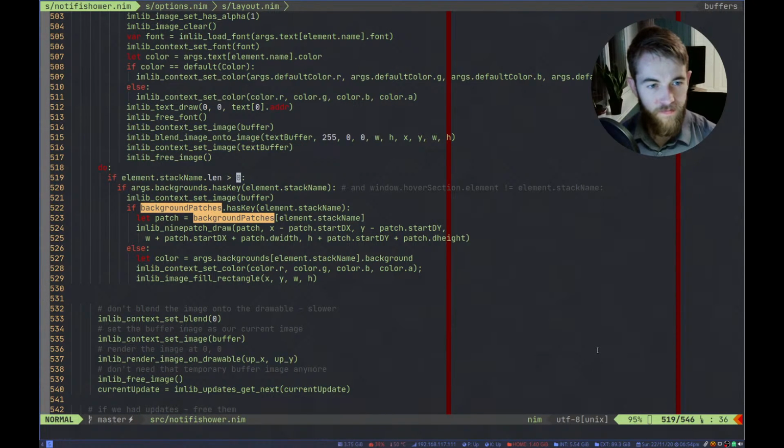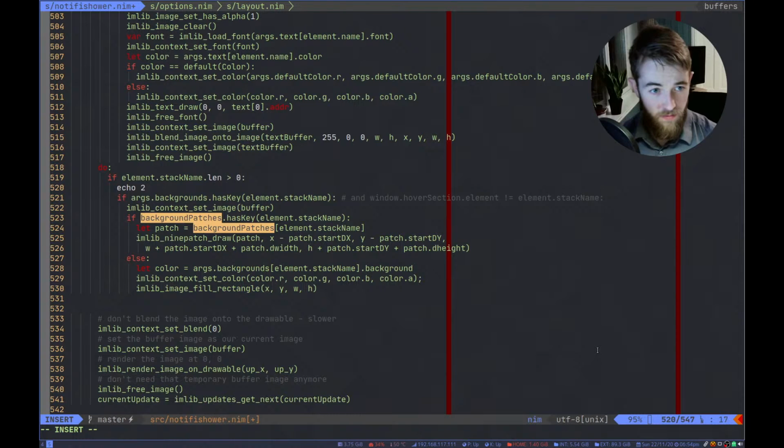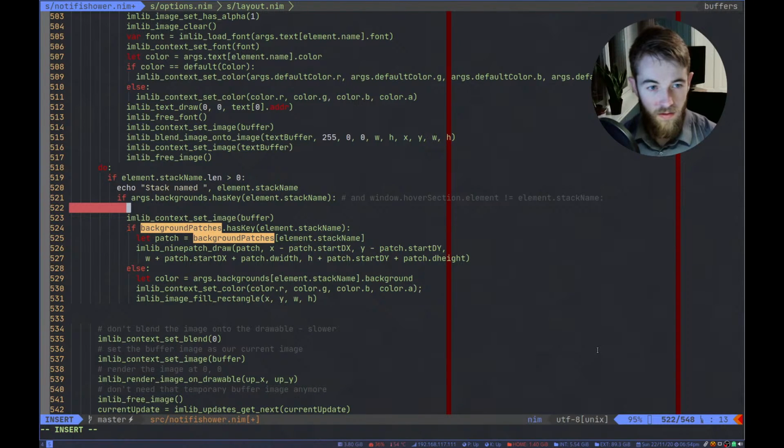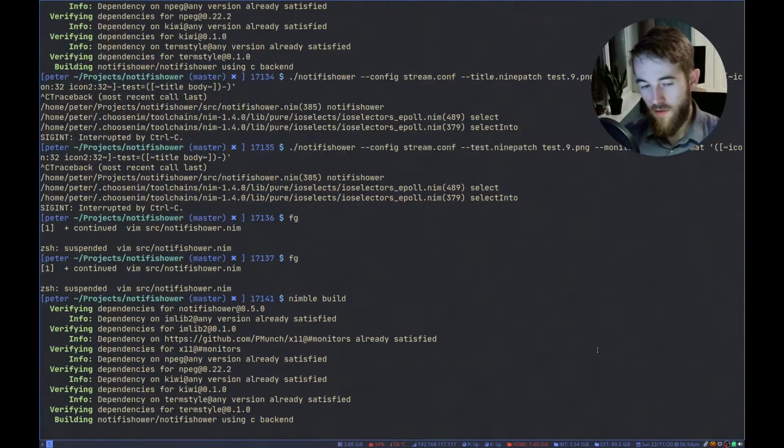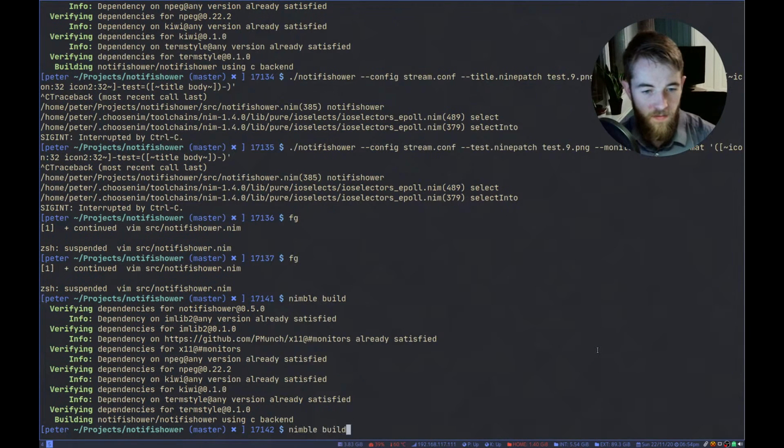So our stack has a name. Stack has a name. And it should have a background. And it should be a 9 patch. So all of those should echo something out for us now.